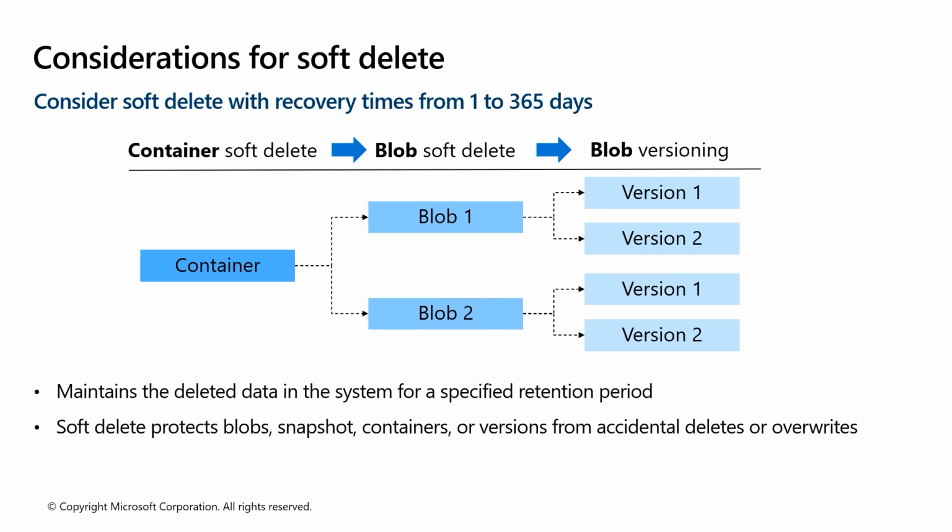So as opposed to a deletion, if you make a change, maybe you deleted a paragraph in a document and you made other changes in another document. Well, I want those changes, but I want that deleted paragraph back. So you could possibly go back to a version, bring it up, which gives you some more flexibility. So make a distinction between versioning and the soft delete capabilities. Now, again, that's built into the storage account capabilities, which does not circumvent the need to potentially back this up.